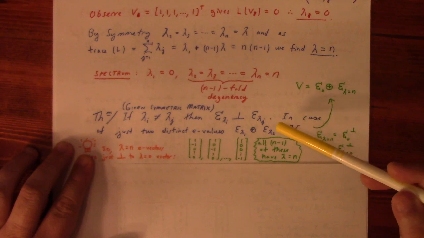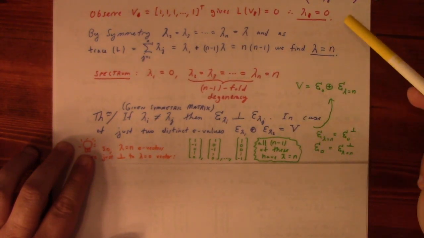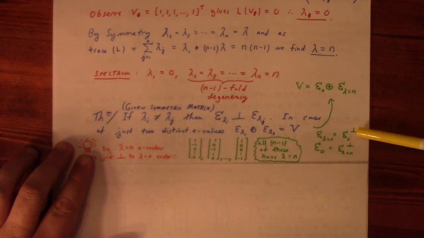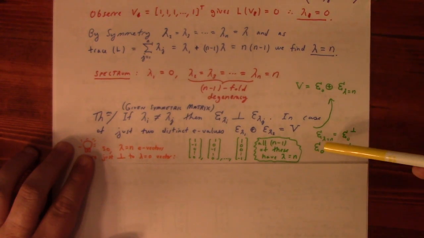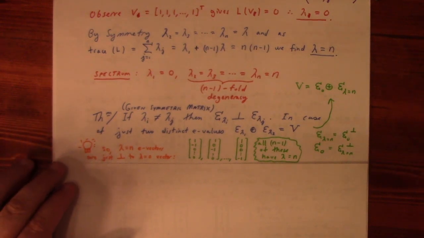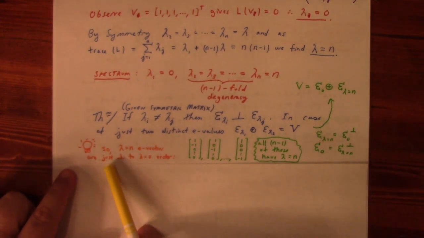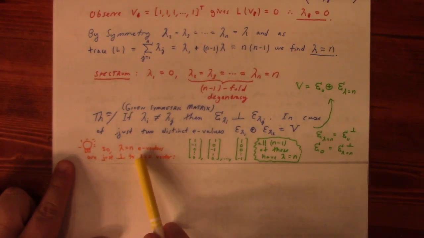For the complete graph example, the perpendicular to the 0 subspace is the n subspace, and the perpendicular to the n subspace is the 0 subspace. And more than that, I had a moment of thinking, and I realized